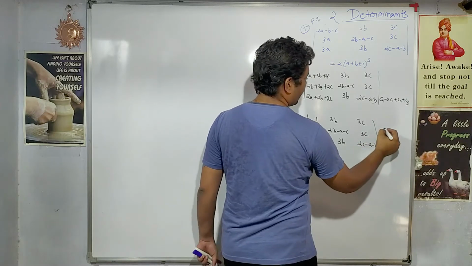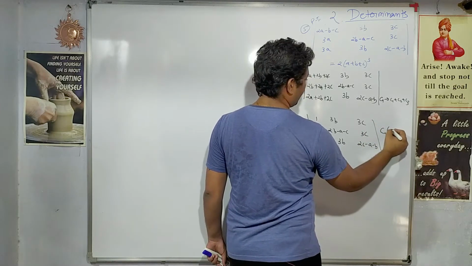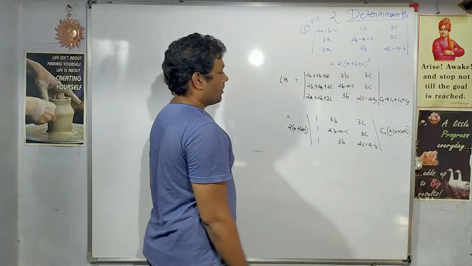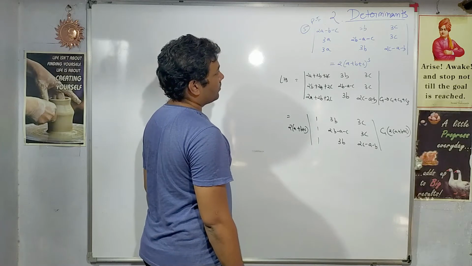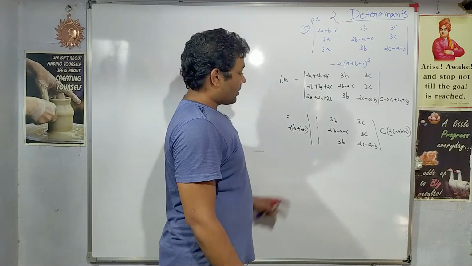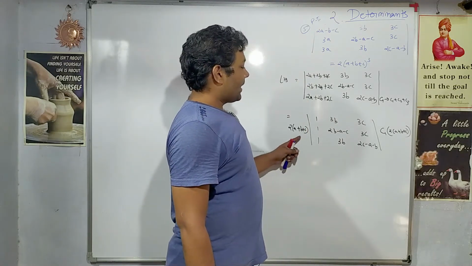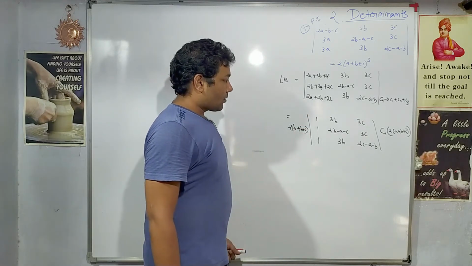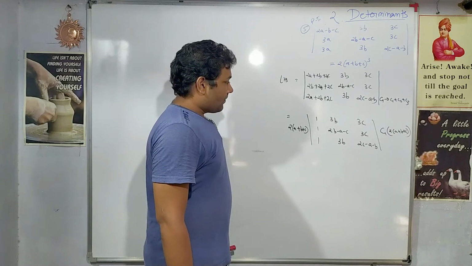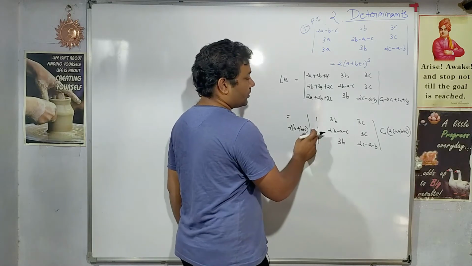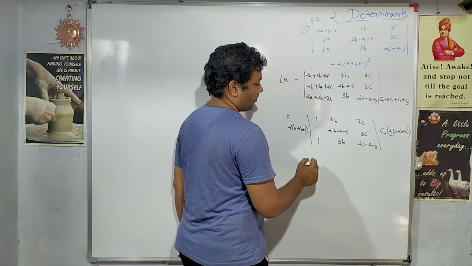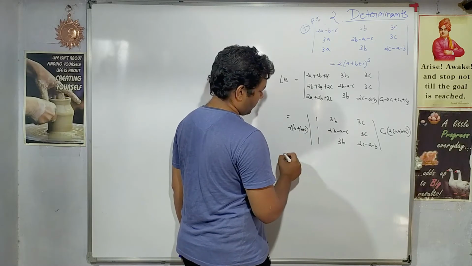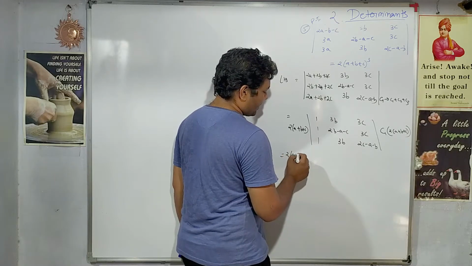So I will write down here that from the first column I have taken 2 times (a + b + c) common, right? Now what to do? I want a cube, so 2 more times I should get (a + b + c) common. So what can I do? If I carry out the subtraction into the second row, and also into the third row, will it give me a fruitful result?